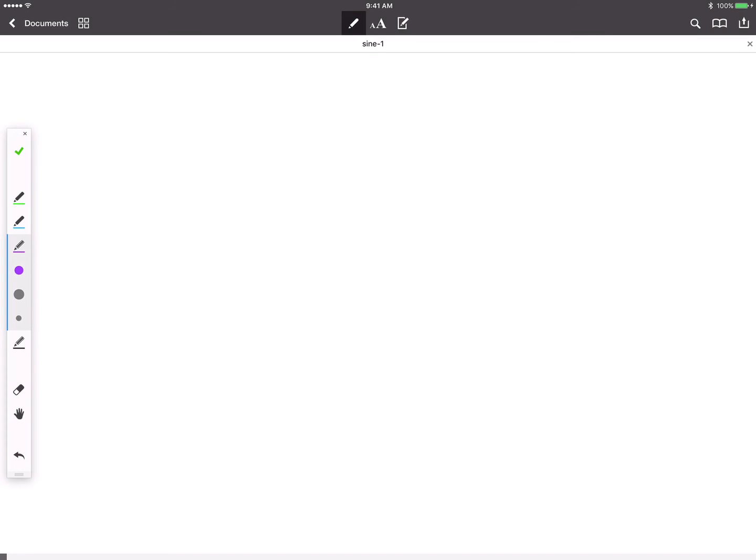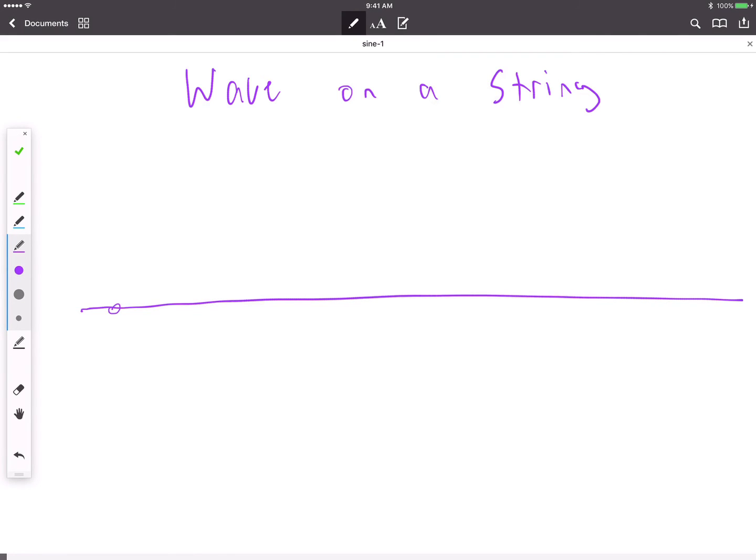So first we need to go over the concept of a wave on a string. Just like with the spring, you can also make these waves on a string. It helps to have some beads on the string, so you can see what's going on a little bit easier and add some mass to it. So suppose you have a string and it is beaded, so you have a string of beads,